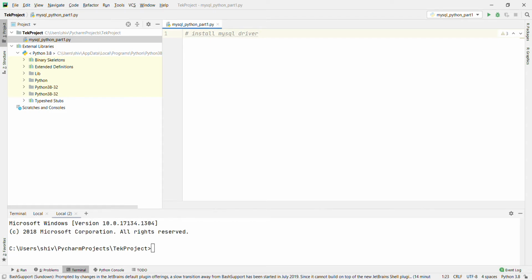For that, we use pip install mysql-connector-python, and press enter.